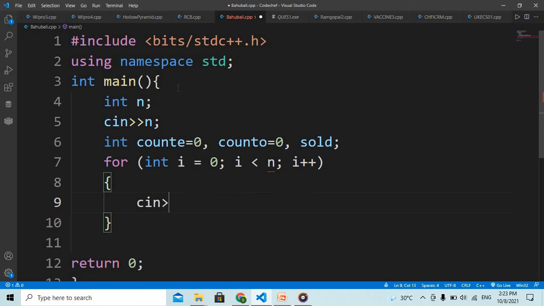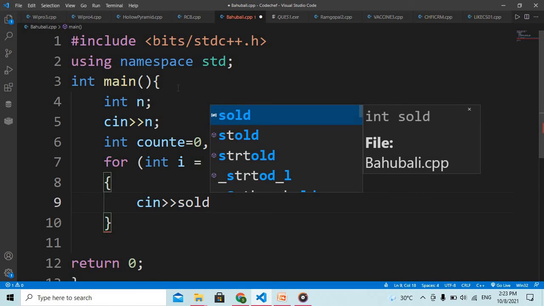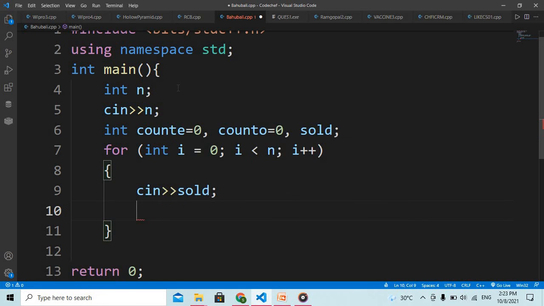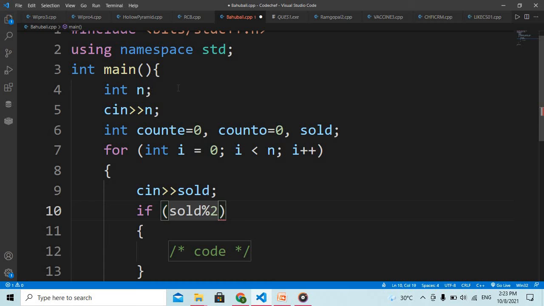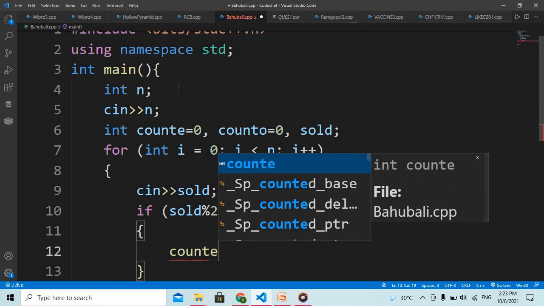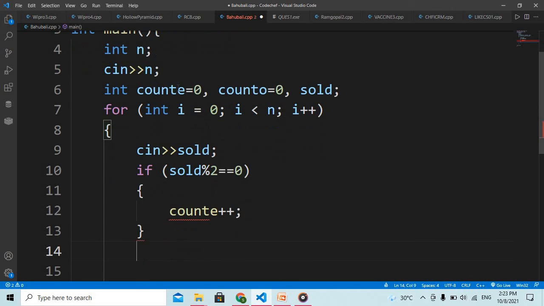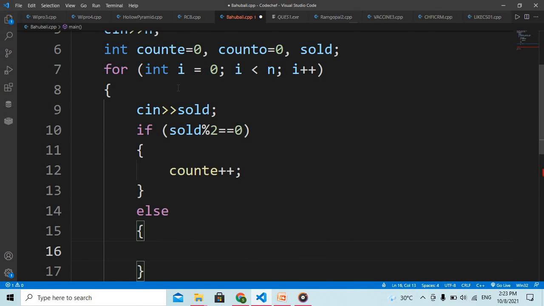So if any soldier is holding an even number of weapons, then we will say that this is a lucky soldier and the count of E will increase. Else count of O will increase.